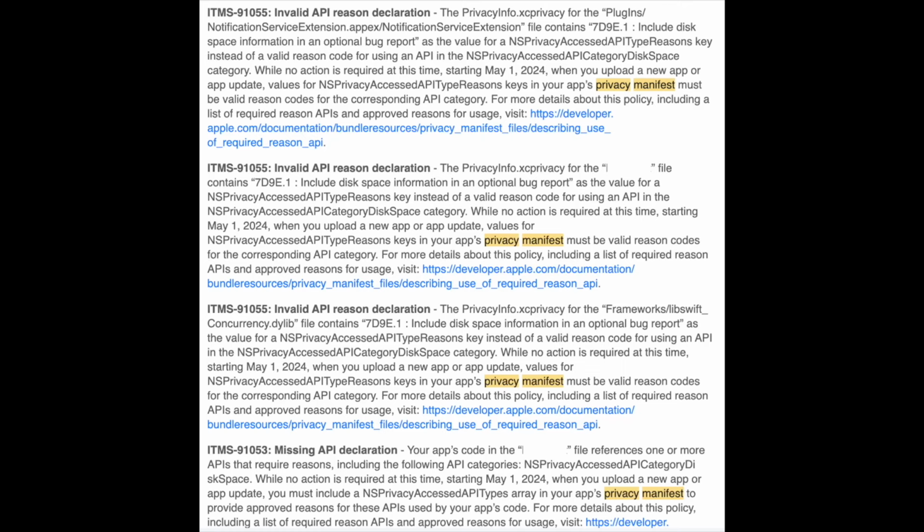We will discuss the PrivacyInfo.xcprivacy file. It is a file used in Xcode projects to manage privacy related information and permissions for the various features and APIs used in our iOS and macOS apps. This file typically contains the description of why our app may need to access certain user data or device